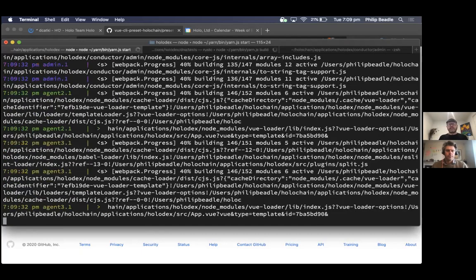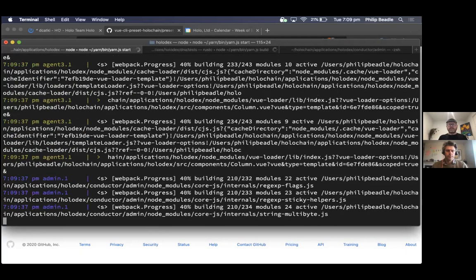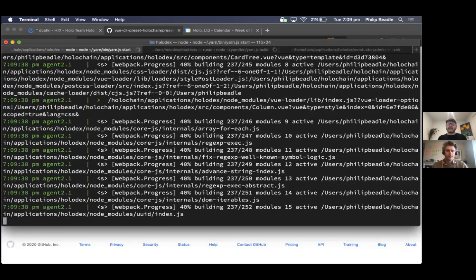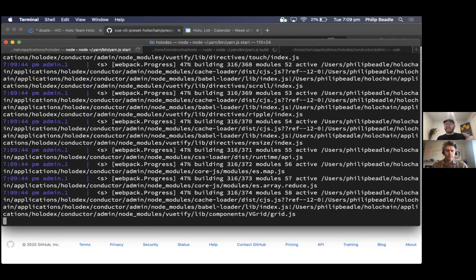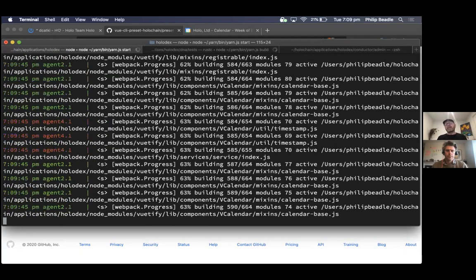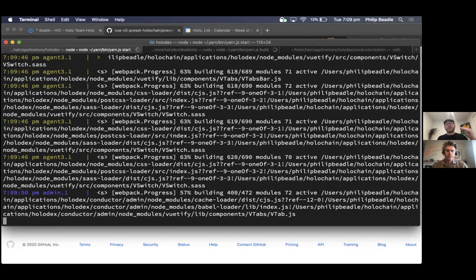So this is running the conductor. It's also running the conductor admin website, so we can do things like add an agent, install the apps, and that sort of thing, and get links to the apps. And it also runs 4 agent websites,